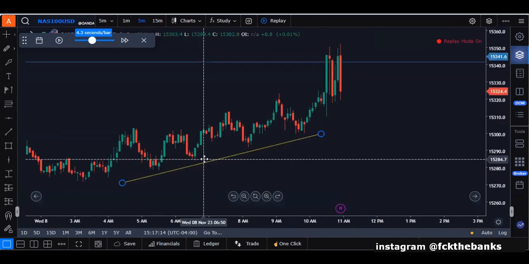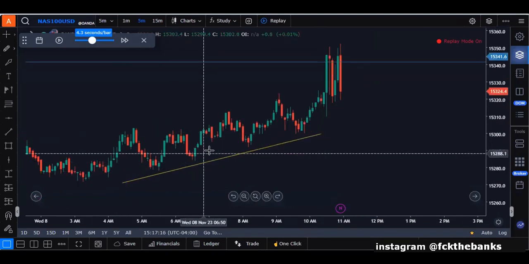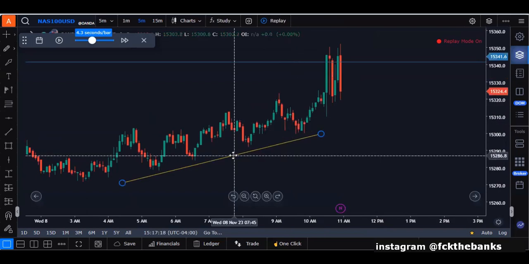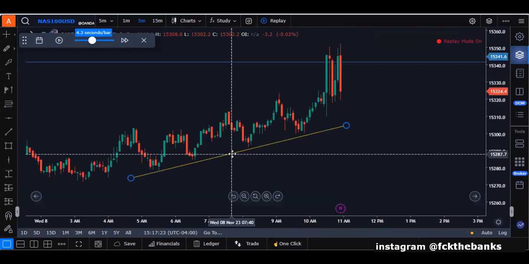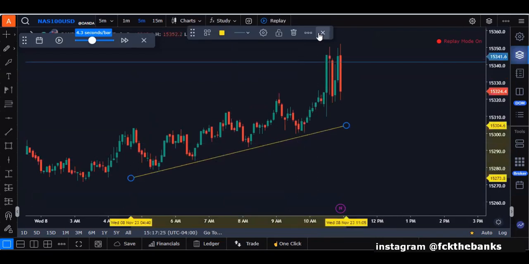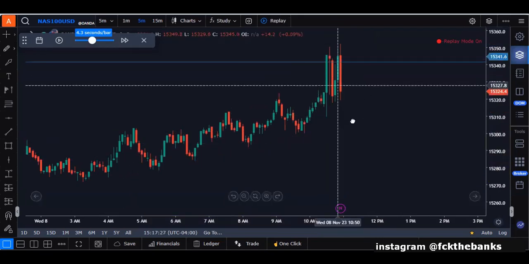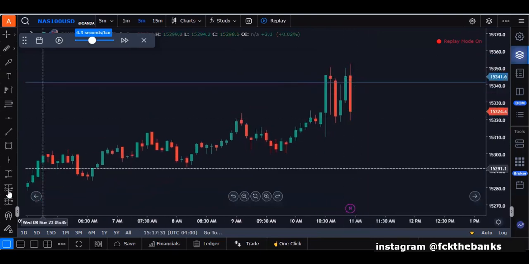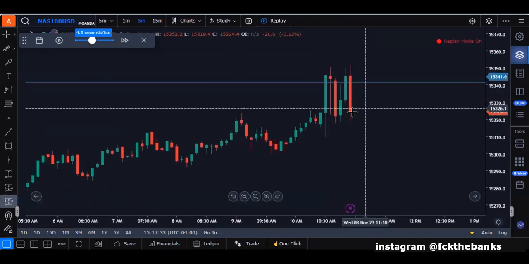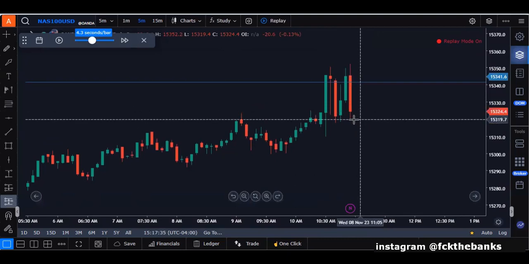Okay, so as you can see, guys, it was making sort of a trend line, and as you know, also this right here represents a lot of liquidity. Okay, so let me show you how I did execute it. I just entered right after the candle close. I took my sell. Okay, you can take your sell position at the break of the low of the candle,